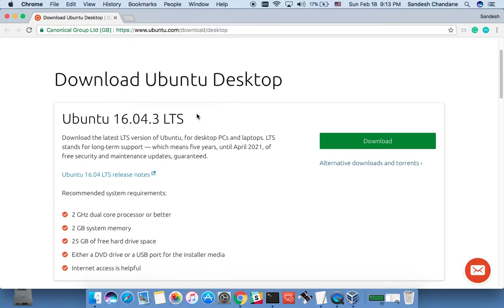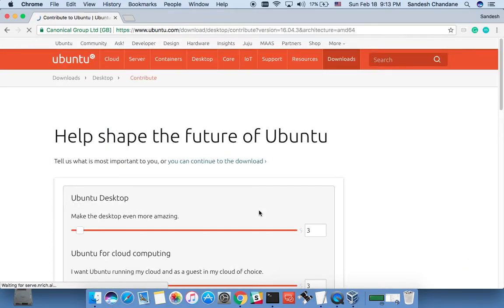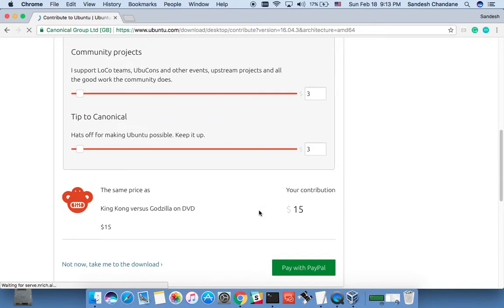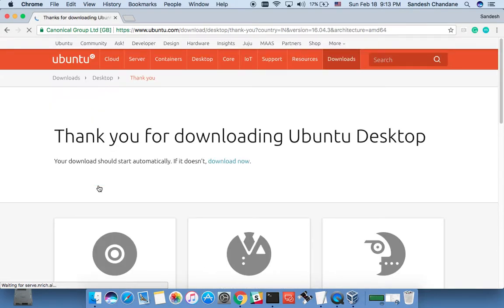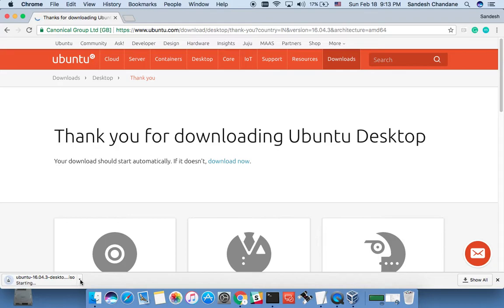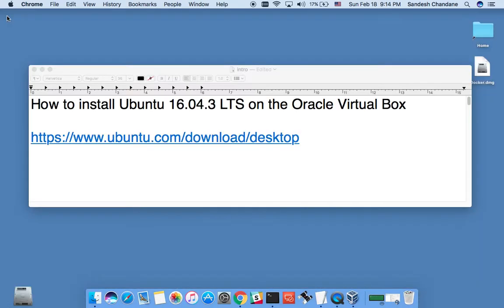and you can see here Ubuntu for desktop. You can click on download. It will ask for a contribution. You can say "Not now, take me to the download." Click on this link and it will start downloading the 1.5 GB image on your machine. Since I already have it on my machine, I am cancelling this download. Closing this window,